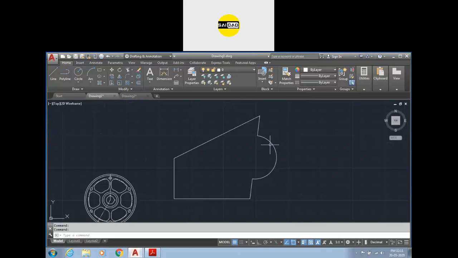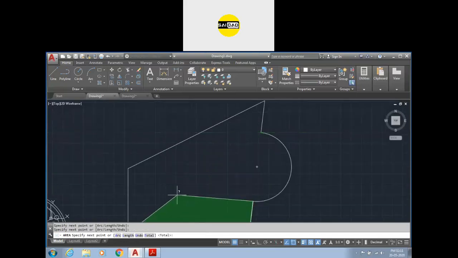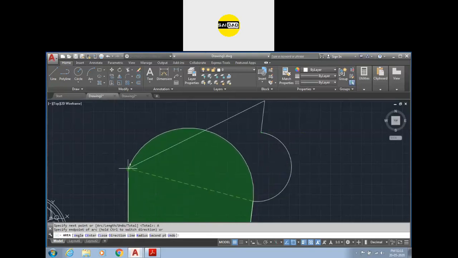So to calculate the area inside of a circular entity or inside of any entities that we have, we can use the area command double A. Just click on the points like that. If you face any arc, there is an option of arc. Now you can see the arc can be created like this, but we don't have directly the start and the end point, or the arc is not tangent to this point. In that case, we know we have the center here, so we can just select the center option.